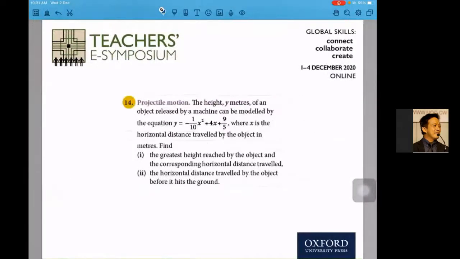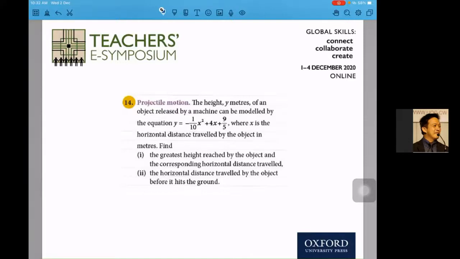Another example from the same practice I showed you earlier entails a machine, an unknown one. We don't quite know what the machine is, but the object released from that machine, the height in particular, which is represented by y, can be modeled by that expression in x. Again, a quadratic expression where x is a horizontal distance. And once again, you can see